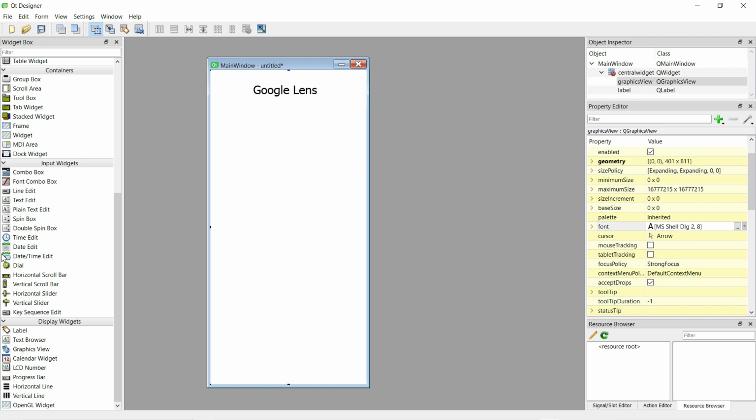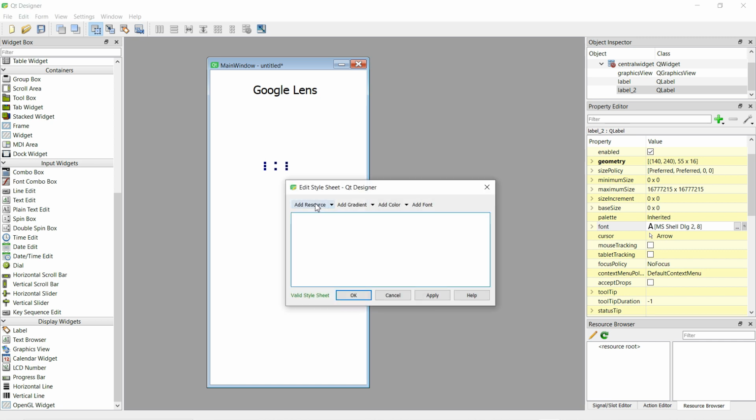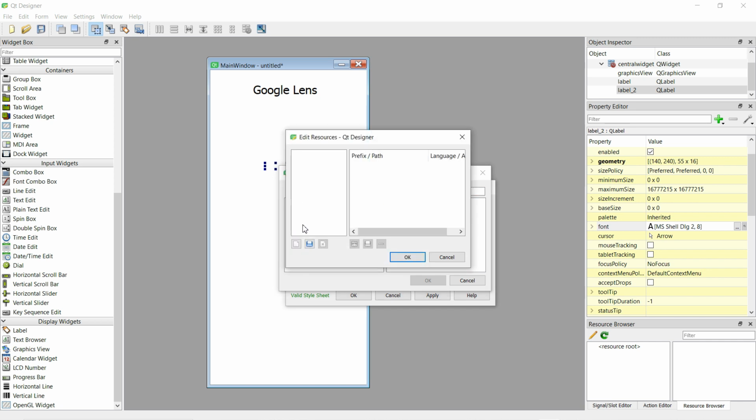So to take the picture, you're going to actually take another label here. Okay, just remove this text label and click here and right click, and you can see here change style sheet. Just click on the change style sheet and click on add resources and just click on this pen button, not pen, it's called pencil, and click here to